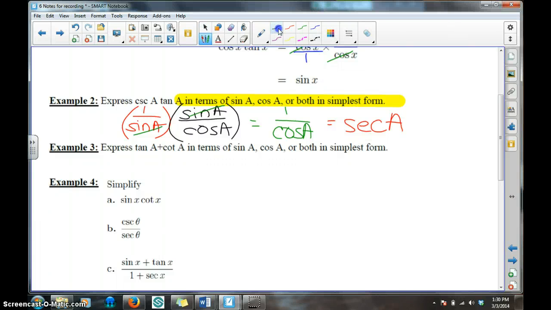This one is a sum question, and they're starting you with tan plus cotan. So I'm going to start by writing that in terms of sine and cosine. So I'm going to change tangent to sine over cosine. I'm going to change cotangent to cosine